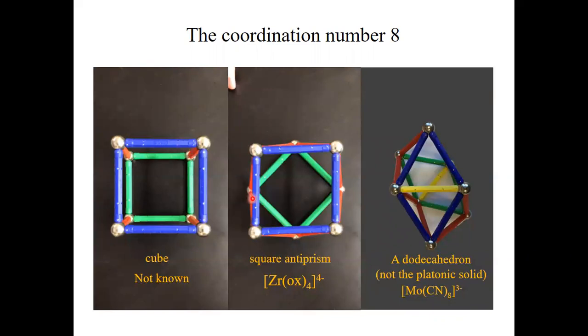Instead, a slightly different structure is preferred, and that's the square antiprism. And you see here the difference between the square antiprism and the cube. In a square antiprism, the two opposite squares are actually rotated by 45